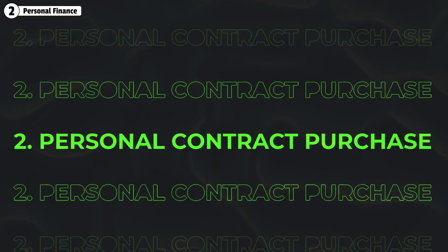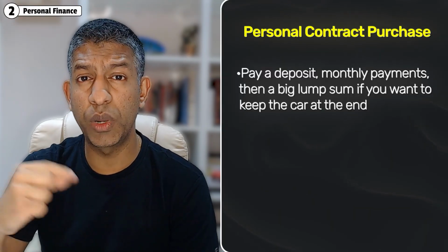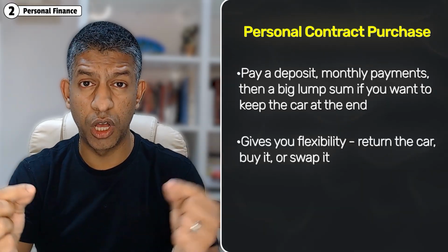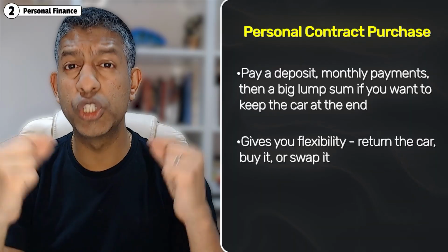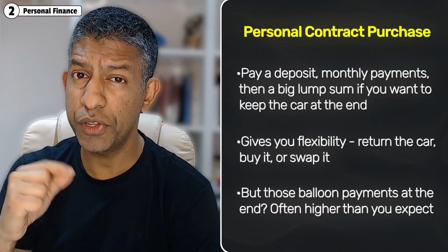Then there's PCP, personal contract purchase. You pay a deposit, then monthly payments, and then a big lump sum if you want to keep the car at the end of the term. This gives you flexibility at the end of the term. You can just return the car, you could buy it outright, or you can swap it for the next car. But those balloon payments at the end, the big lump sums, they could be and often are higher than you'd